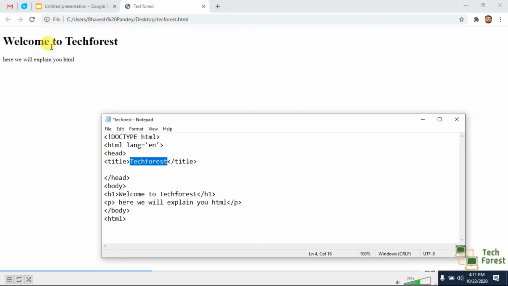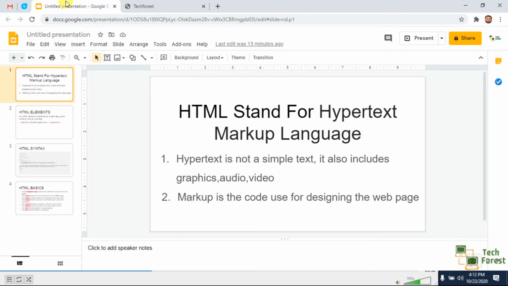Now as you have seen this practical, you can easily know how easy HTML is and how you can write a simple code in HTML. Now I will explain these tags. If you don't understand these tags, you need not worry. Now I'll explain each tag and how they are working. Before explaining the tags, I'll explain